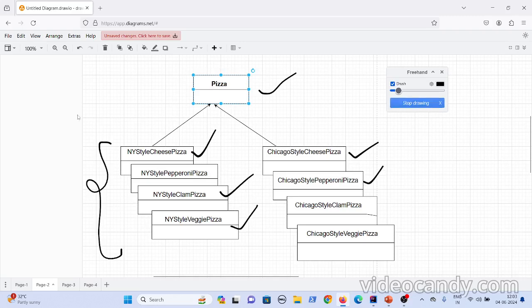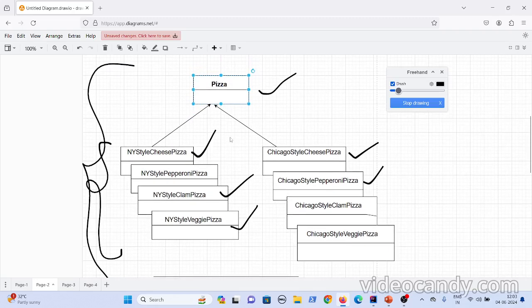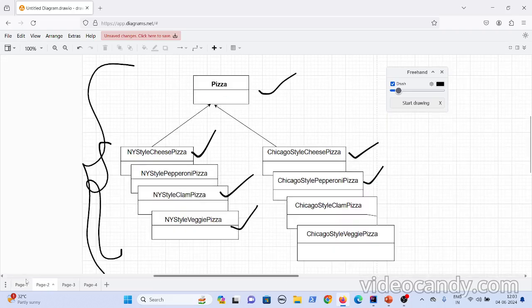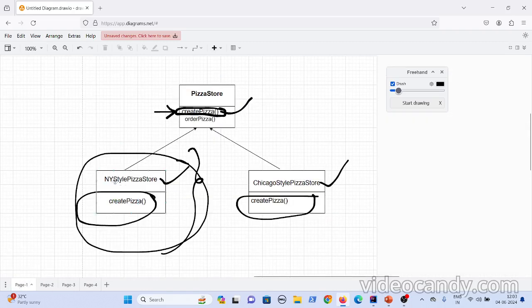So this class diagram is for the product, the actual product hierarchy, and the other is the preparation or pizza store logic. So you have two parallel hierarchies: New York style pizzas extending from pizza, and the New York style pizza store extending from the pizza store. This is the class diagram, right?